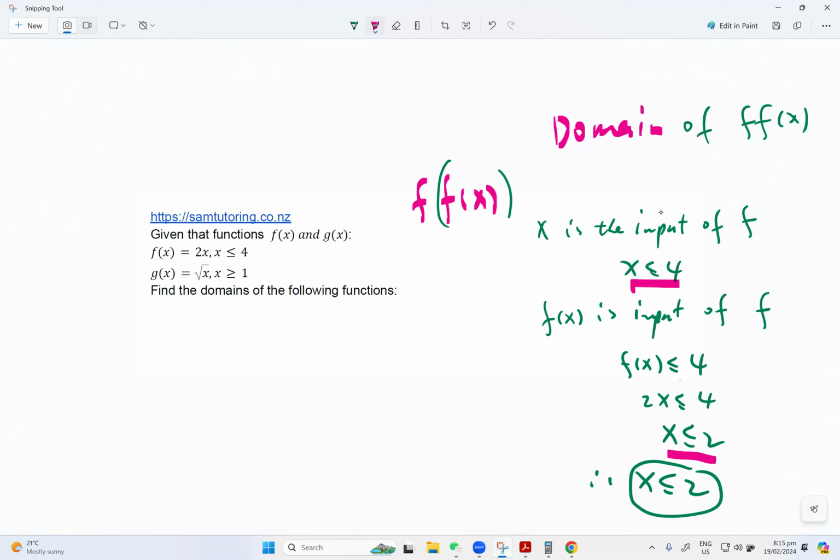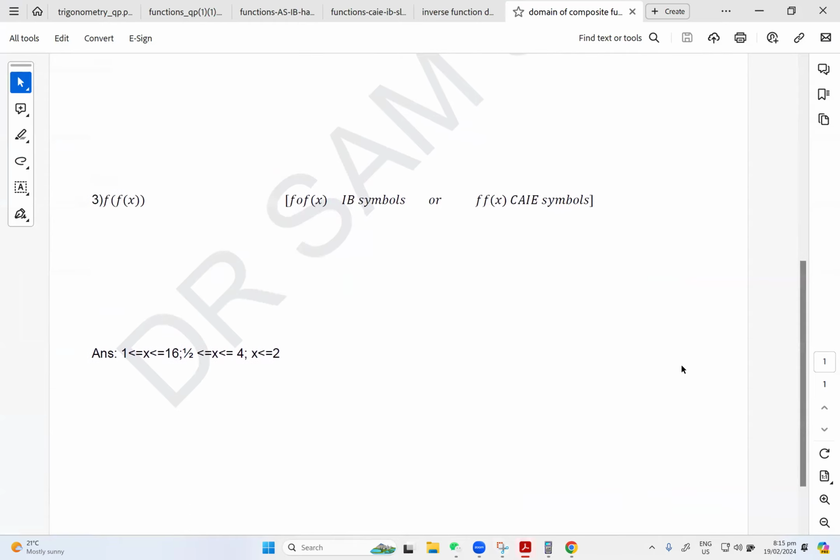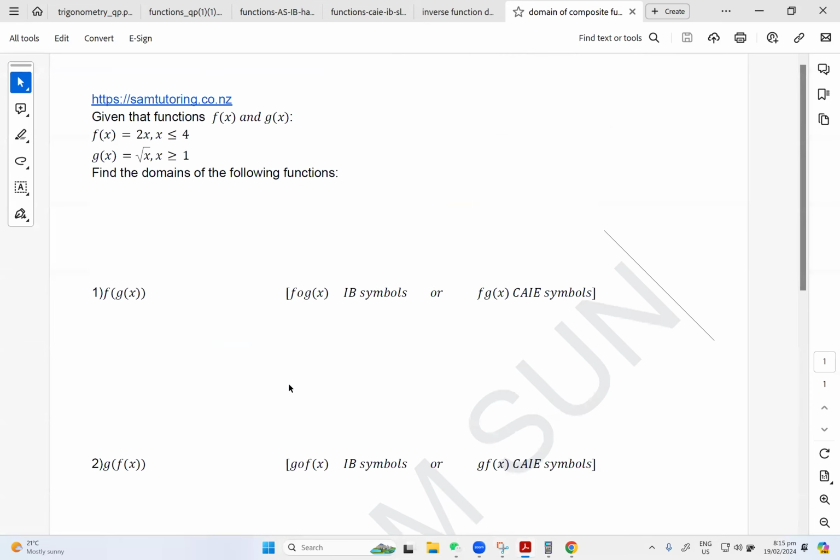Okay, that's number 3. Did I design another one? Oh, I put the answer here. Okay. So this is about the domain of